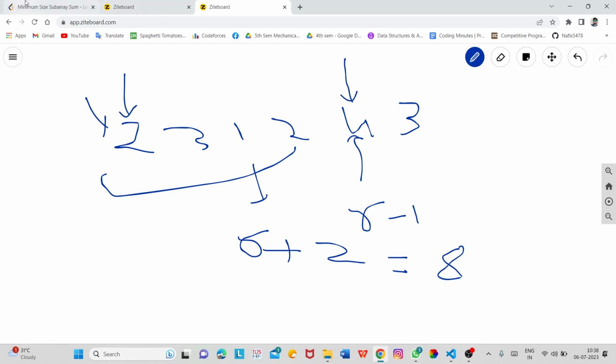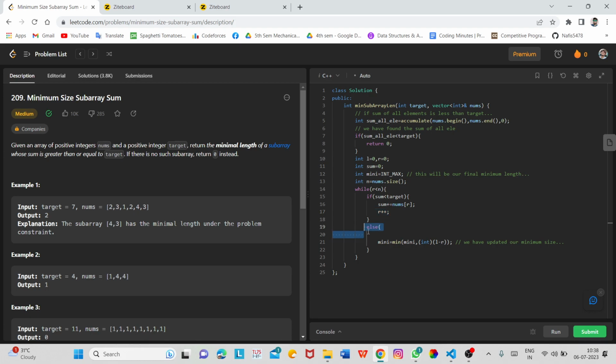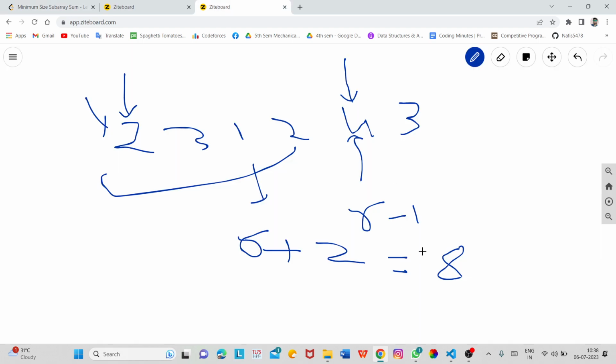And when we check the other condition, whether the sum is greater than or less than target, in this case we will see that the sum is greater than target. To get the size of our subarray we will use this index and our L index.